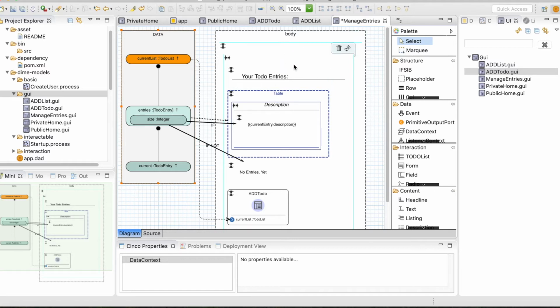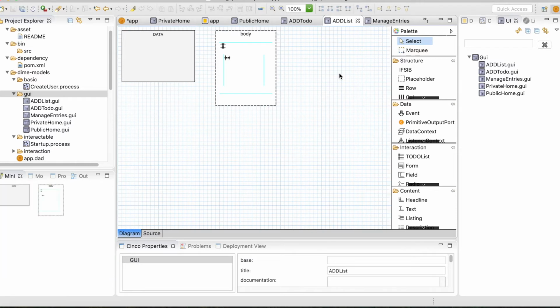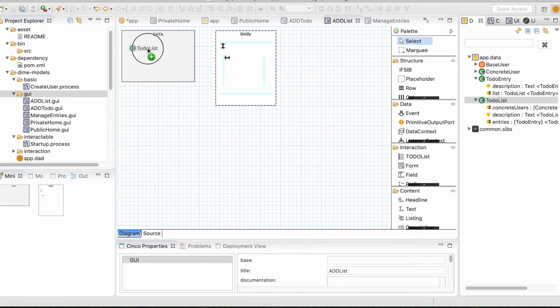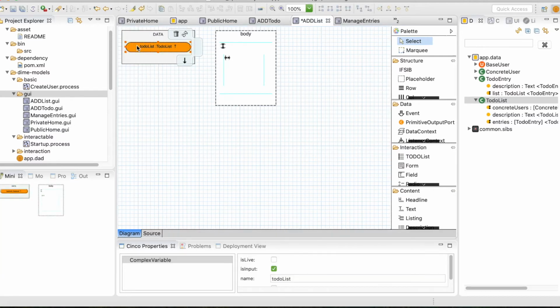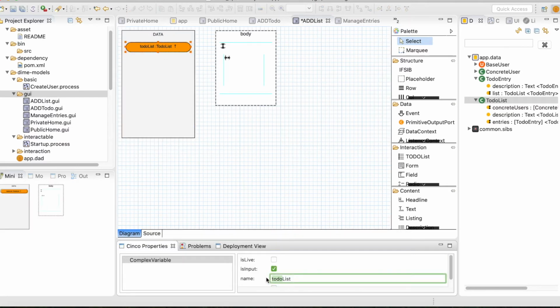I think our work is done here so far. Save this. So it's really quite easy. You will be just dragging and dropping components, and there would be your website. So we have an add list, so it would contain the to-do lists. So I will look for new list,